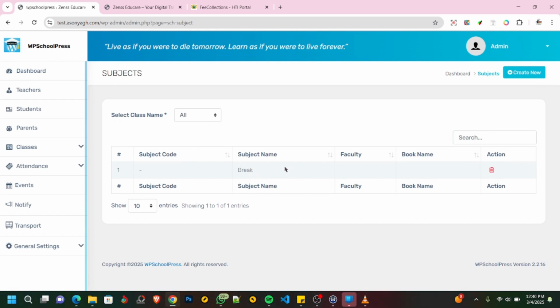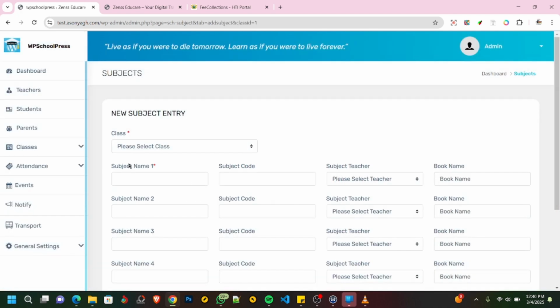For now, there's no subjects here, so we just click on create new, and then you just choose the class, and then name of the subject, probably maths. Then this way. Then the subject teacher is this guy, and if there's any book or recommended book, you can add it here. So the second course is probably English,